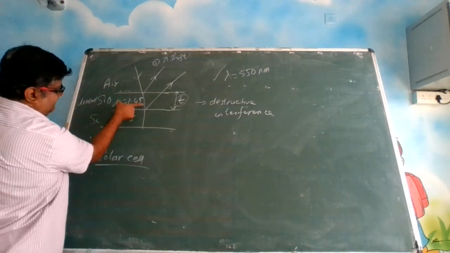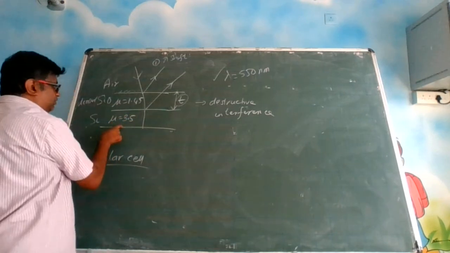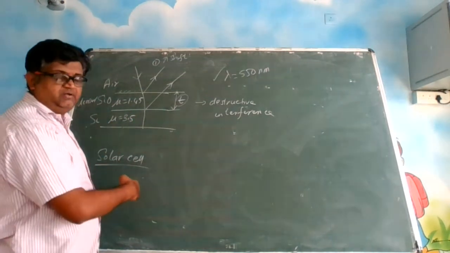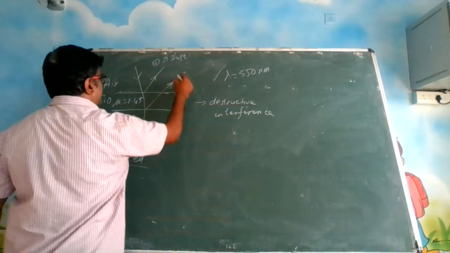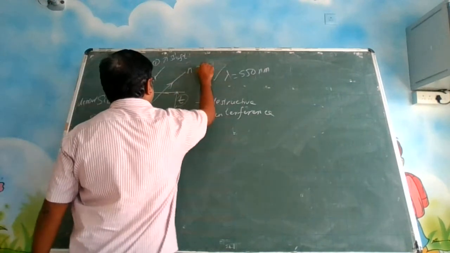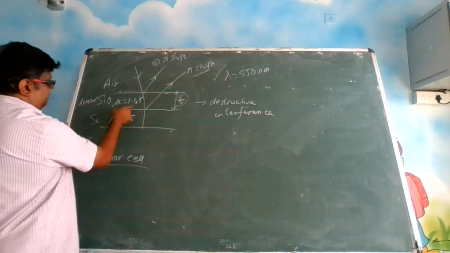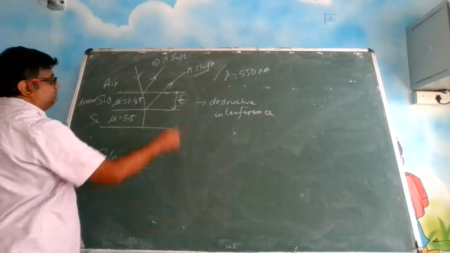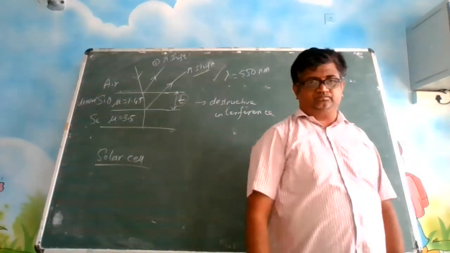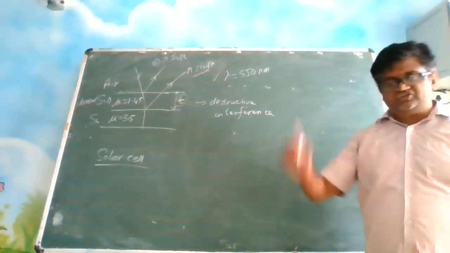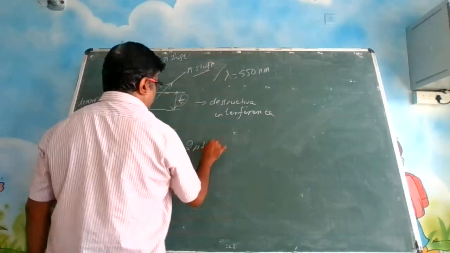Now it got refracted here and it entered into this region. Here the mu value is even more. So it again entered into an even more denser medium. So what will happen? This ray also will be pi shifted. Understood the reasoning? Both the rays are pi shifted. When both the rays are pi shifted, there is no change in the rule. Original rule will apply. So original rule says 2 mu t is your path difference.